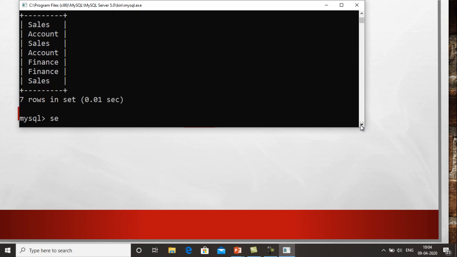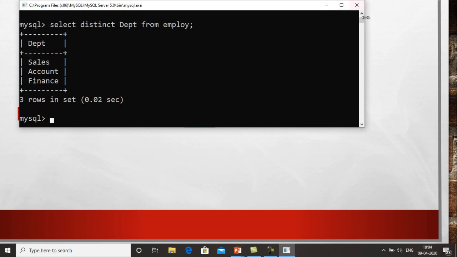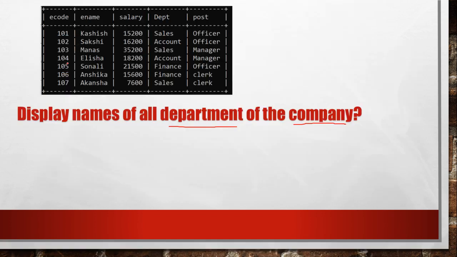I will write select distinct department from employee. After writing it, you can see that it is showing me sales only once. Whatever value is repeating multiple times, it will show that value only once. So this is the distinct clause case.